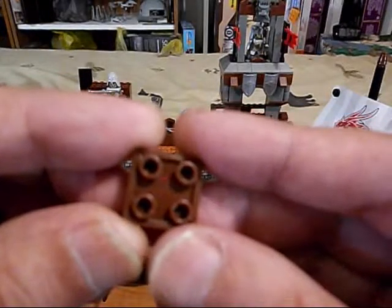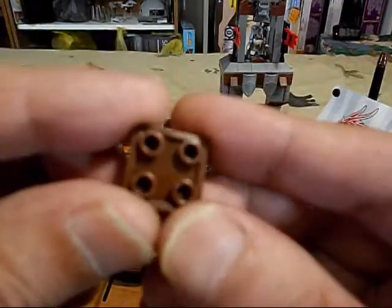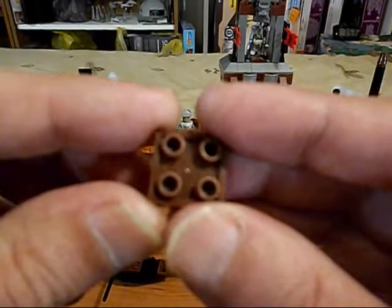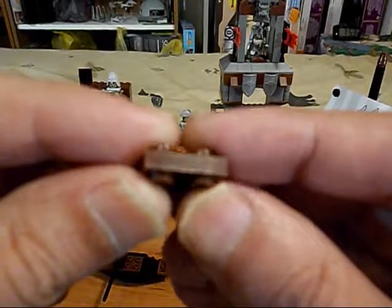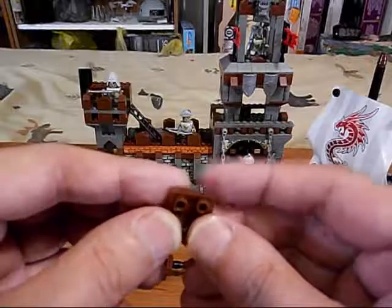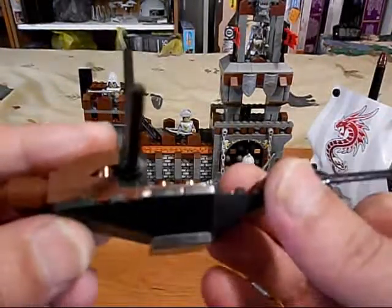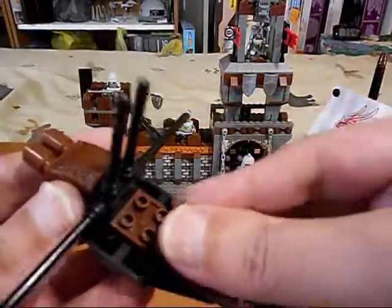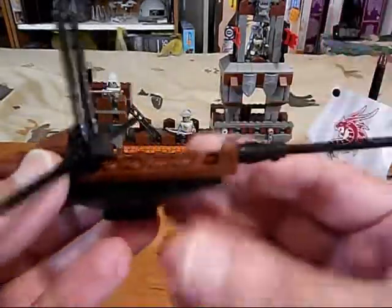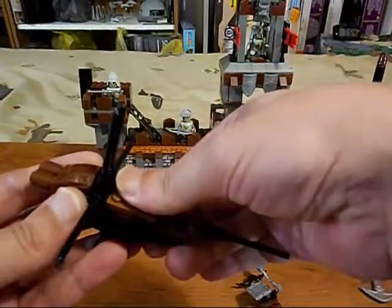These. I reviewed an Ausini Parts set that uses these as well. This is a cool piece. It's a 2x2 plate with studs on both sides. How cool is that? You can build both ways with it. There's an Ausini Parts set that does the same thing. So we got these forming the underside of our boat. We just line them up there. We got one over there, one back here. We put our stuff on top of it,